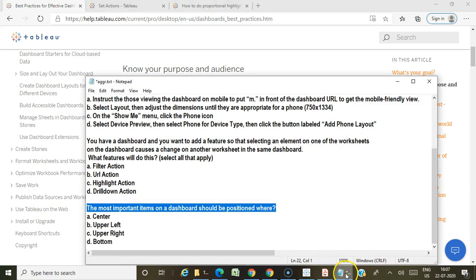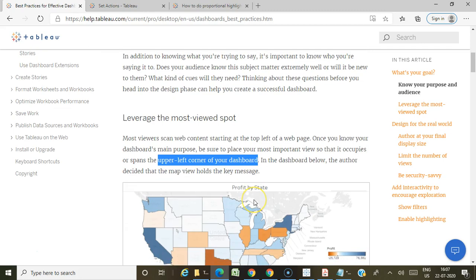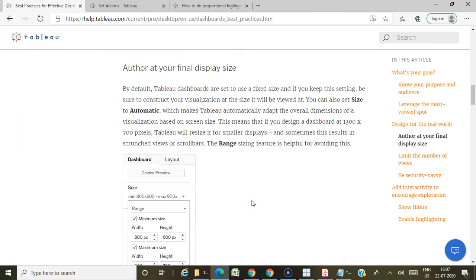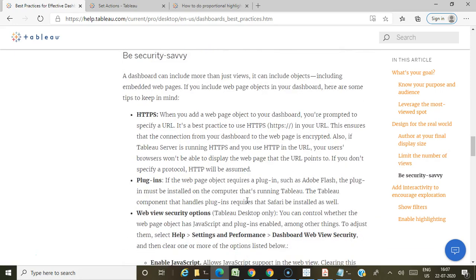That's why I said the answer is upper left. So that is the first glance anyone viewing the dashboard would have. Okay, so in one view the dashboard's main purpose, you have to place the most important view in the upper left corner of the dashboard. Okay, so try to go through all these points in the best practices. This I will also give in the description link.